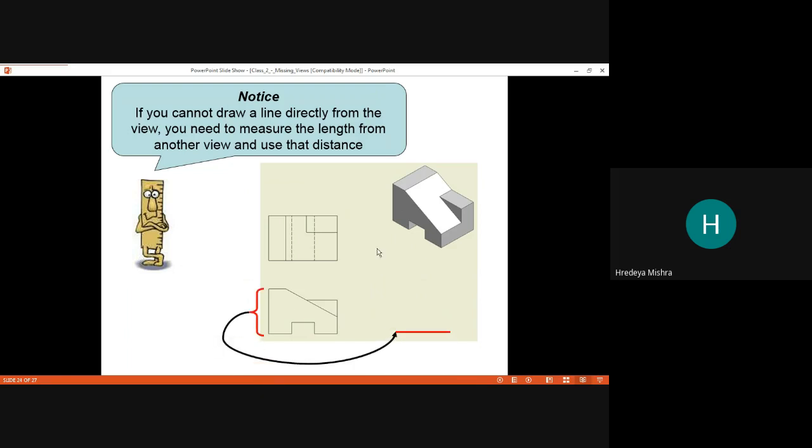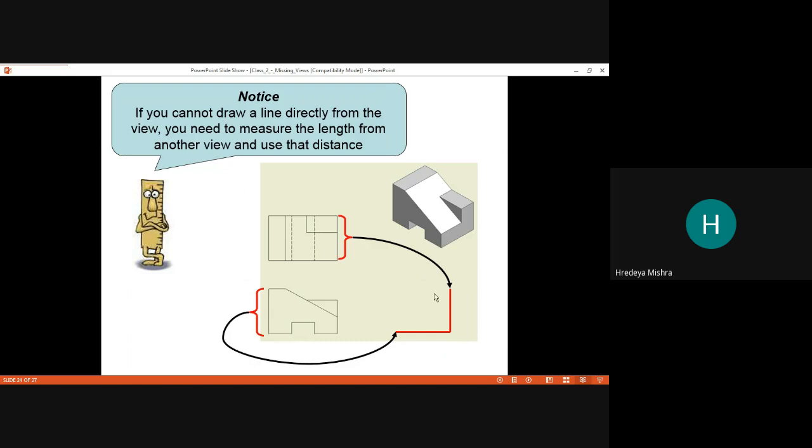Like this, the height of the front view is the width of the side view, and the height of the side view is the height of the front view.